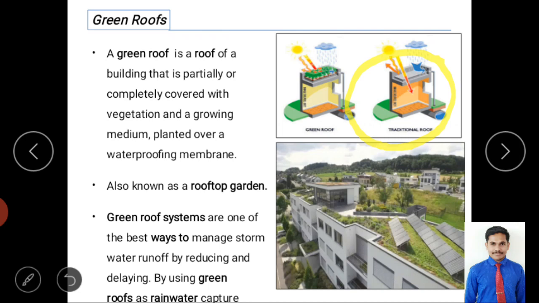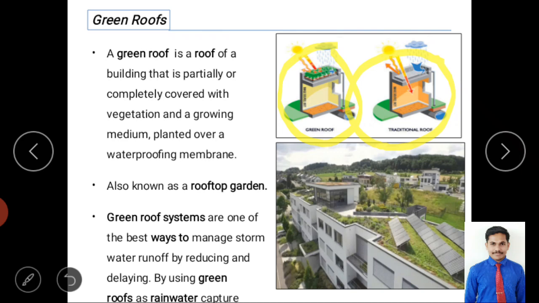But here we are actually making a garden on the roof, right? So what happens when rainfall takes place on the garden? Instead of direct or quick discharge towards the sewer, it will be prevented and it will be stored under the root zone of the grass or root zone of the garden. Then it allows slow release of the water. When the water is released slowly, the stream can be managed properly, and it even reduces the load on the treatment plant.